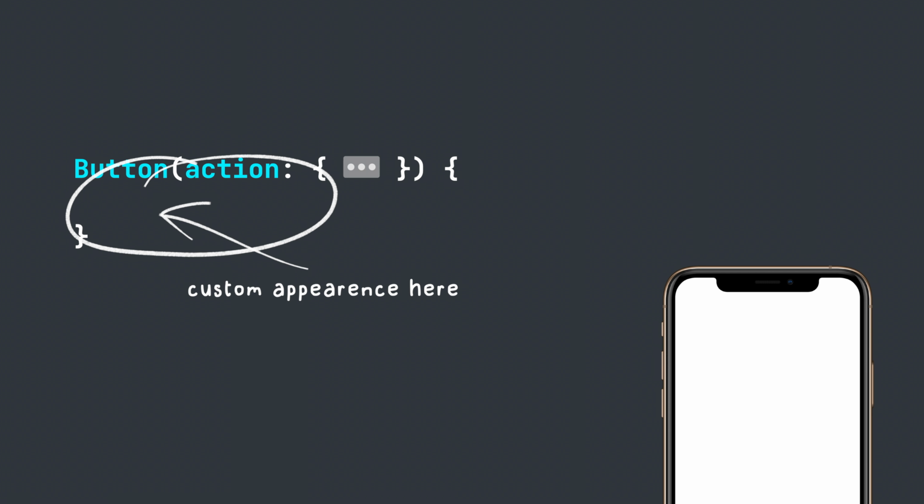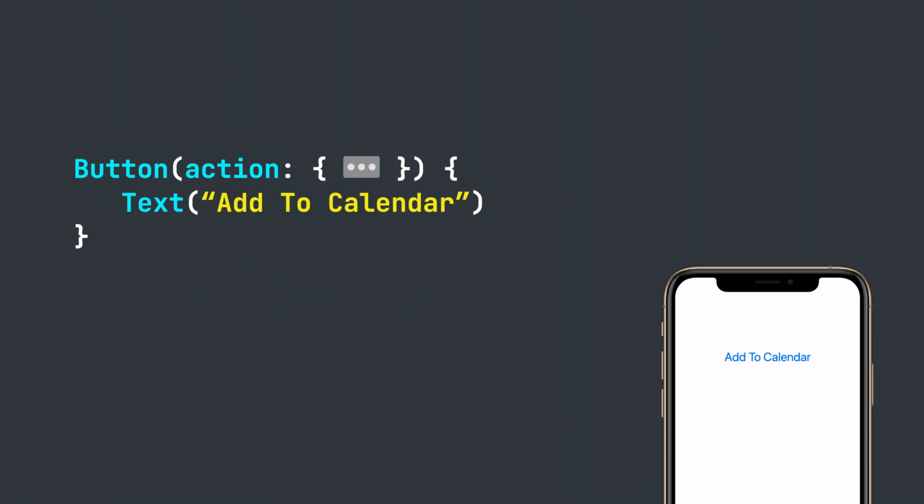When we use this button initializer, it starts with the button's action as the first parameter and a generic type label for the second. This initializer is useful when you want to customize your button's appearance instead of just using text. Using this initializer, we can add any view inside of the curly braces, giving us total control over the